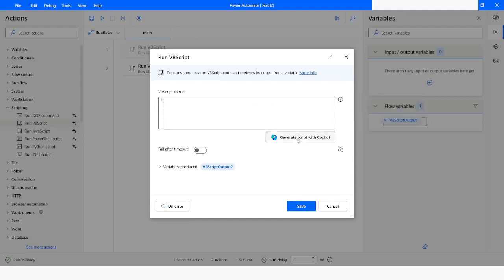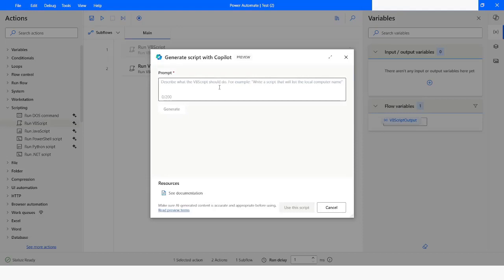For that you can click on generate a script with CoPilot, and here you can give a prompt as: write a script to delete a file if it already exists. Please use only VBScript syntax, and then I will click on generate,